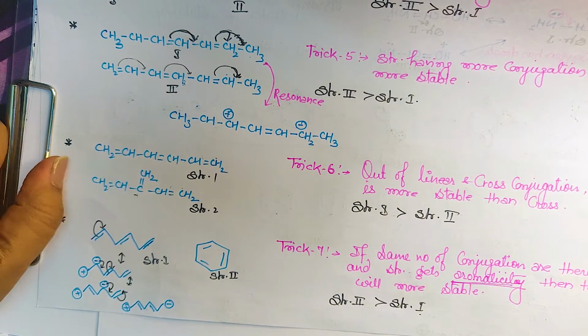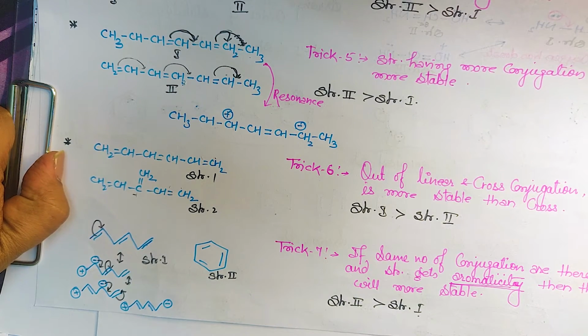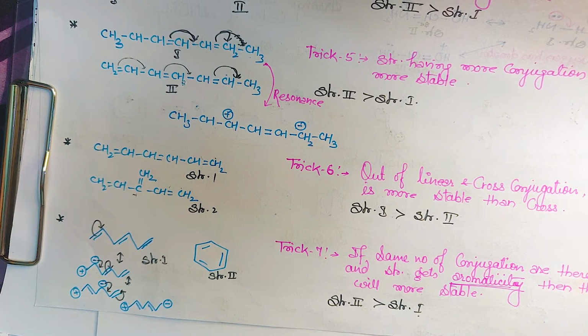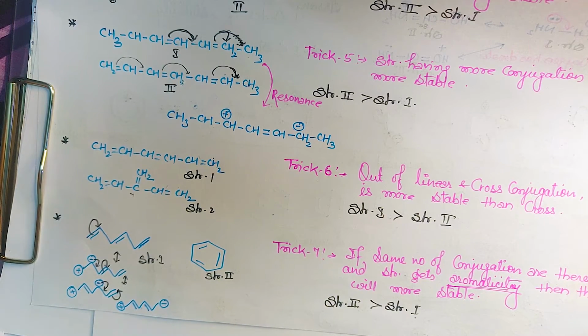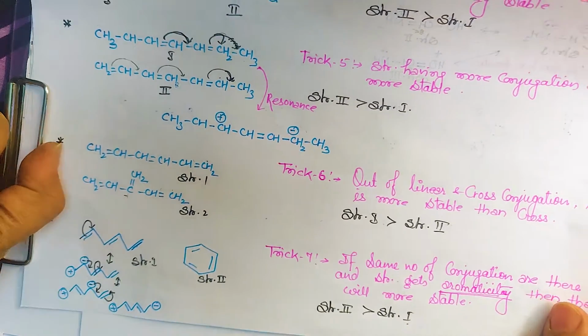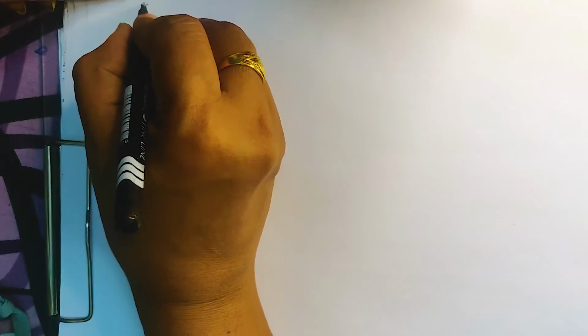Isn't it? Okay, so let's do some more conjugation, some more resonance, and actually that is part of organic chemistry, GOC. But that resonance I'm going to explain here only, so that in the GOC you will not face any problem, and it will be very clear to you. Okay, got it? So let's start with this. For another thing, अगर हम यहाँ पे करते हैं, we will write the heading as resonance in, is it visible? If I write in this way.